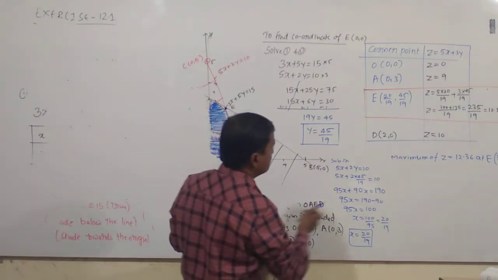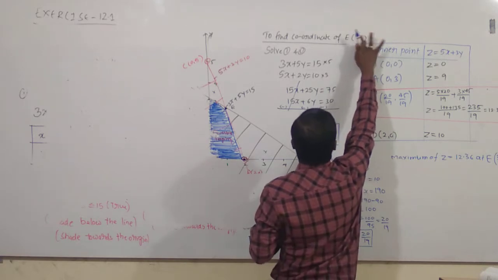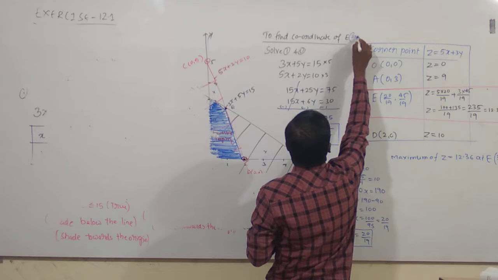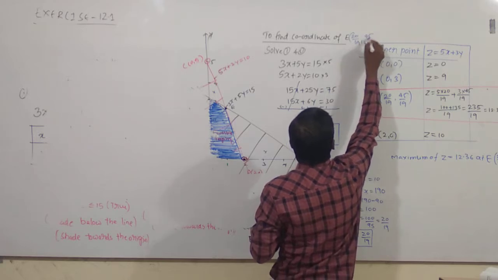Sorry, here it is the coordinate of E, they are 20 comma 19 and 45 comma 19. Okay,